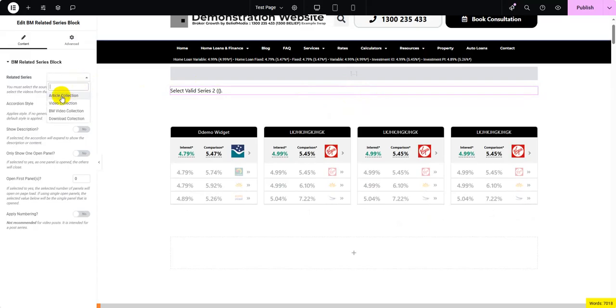And then we have to select the related series we would like to render to the page. Article collection, video collection, BM video collection, which is a new one, and download collection. Now, the BM video collection was added as a result of the modified article program. Okay, it allows us to manufacture more comprehensive and, if you like, robust video collections to articles that we send